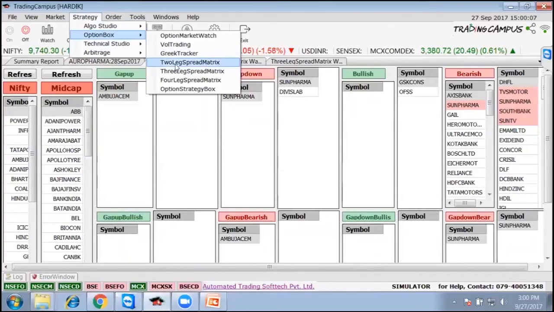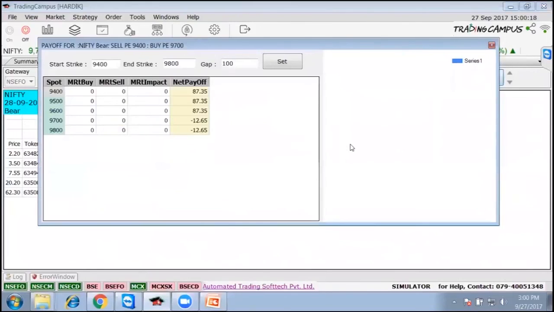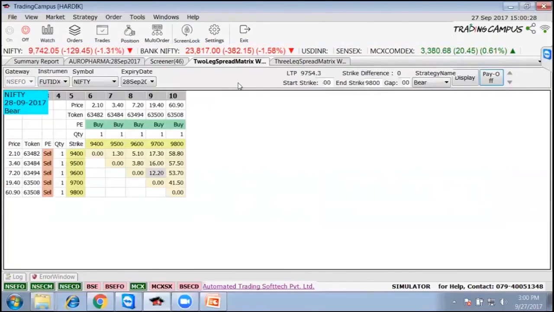In options, what we tried to do is some two-leg strategy where we know how much is our profit and how much is our loss. So if I've selected this 9,700 to 9,600, we can go and see in our payoff diagram. So the maximum profit I will get is 87, right? And my loss will be 12.85. So that is the strategies of